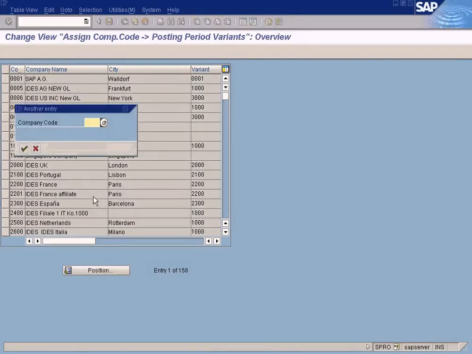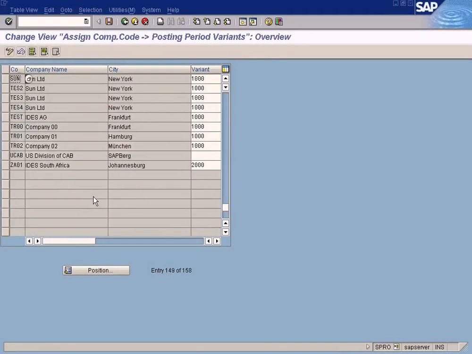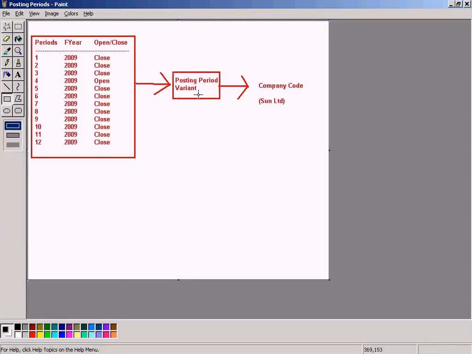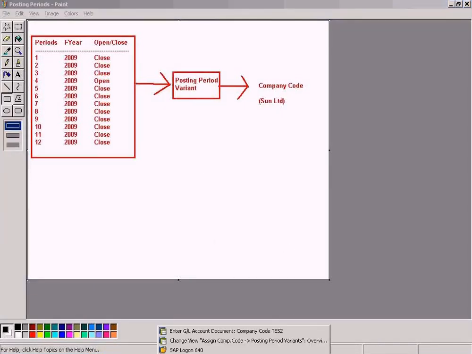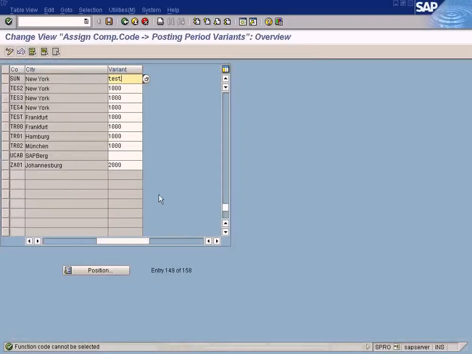You come here, assign variant to company code, we pull out our company code, which is Sun, and here this one we will change it to test and save it. That's how you create a posting period variant and then assign it to a company code.